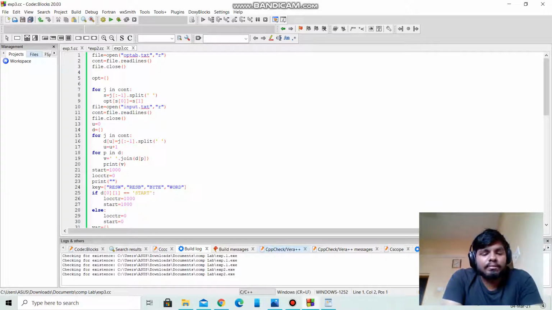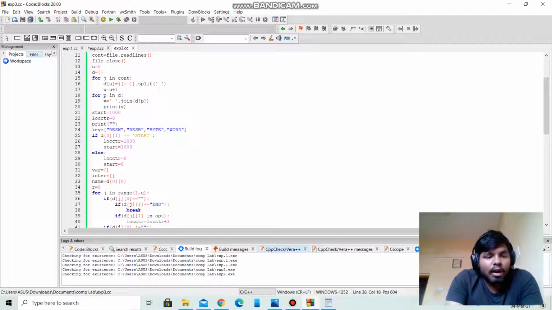Then we have to use a for loop over the file, and if-else statements inside the for loops, and we have to give keywords like RESW, RESB, which we have discussed in the algorithm.